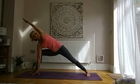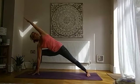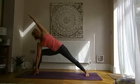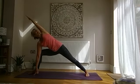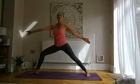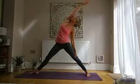Keep rolling the shoulder open. Deep Ujjayi breaths, relax the shoulders away from the ears. So the legs are doing all the work here. Take the gaze to the floor, inhale, come up, reverse, straighten the front knee, reverse the triangle, tee the arms,